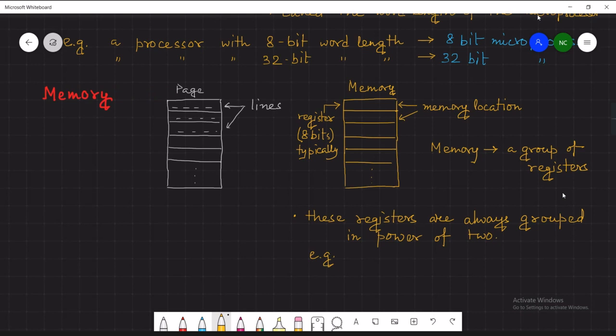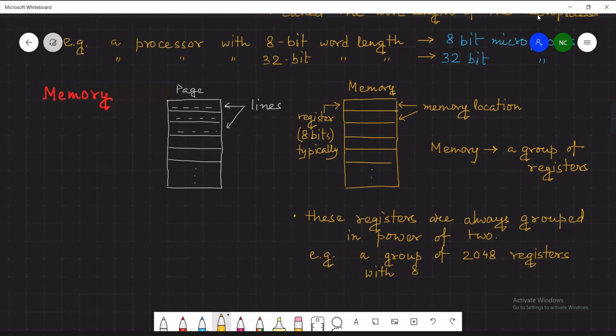Just for example, if you consider a group of, say, another value, 2048 registers